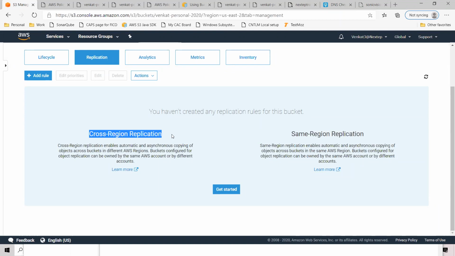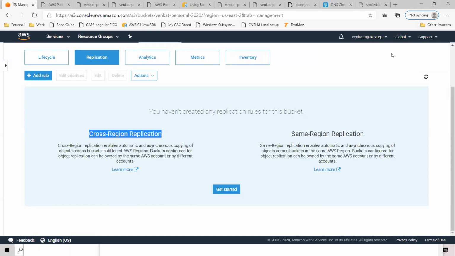As I told you guys, even though S3 is shown here as global, it is shown as global because your S3 bucket names are globally unique across all the accounts of all the users. But your buckets are region specific.